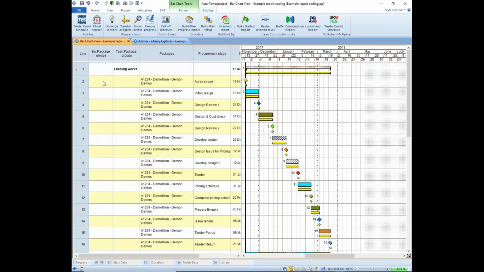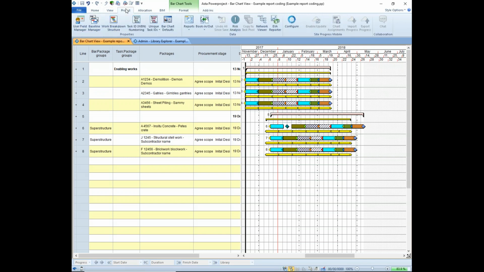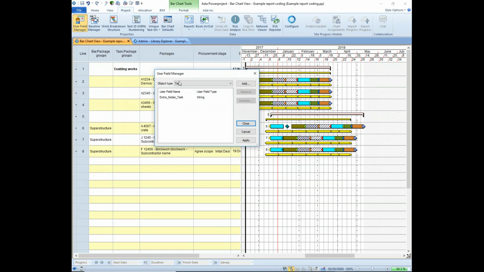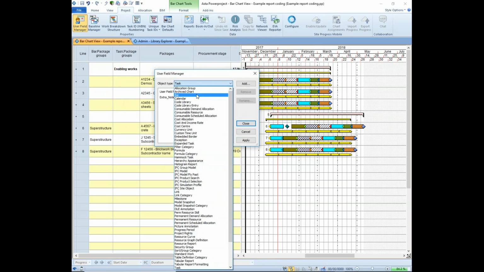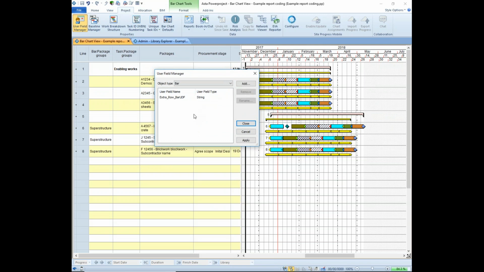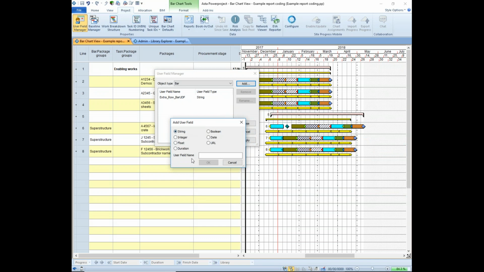So I just wanted to touch on the only bit I haven't really touched on. It's a little bit specialist, but if you remember, and just look in the general help about this, if you go to the project tab, and you have to have saved the project to do this, the user field window icon will become enabled. And if we choose the category that we want to create a user field for, we're going to do it for bars, everything on that row. So if I add a new one here, a new user field, and a string is a piece of text,